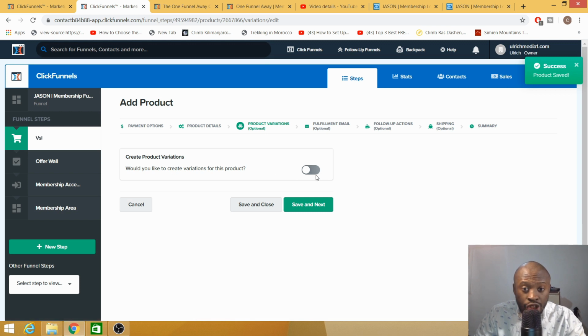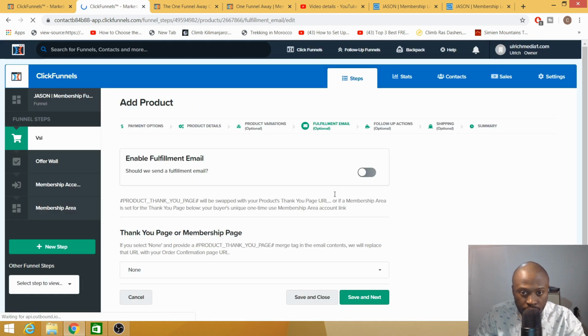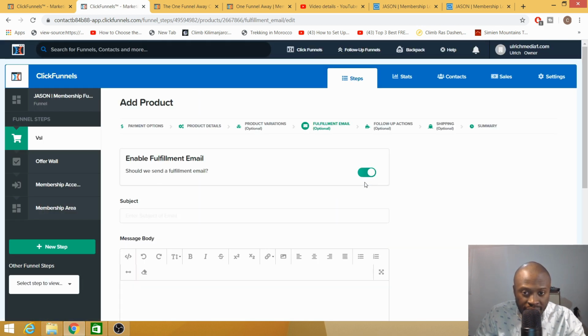Create product variation. I'm not going to create product variation. We're just going to have a product. Email fulfillment. Yes, email fulfillment is very important because once your customer buys a product, you need to send them an email to say thank you very much indeed for buying our product. Check out the link here to log into your membership area. Amazing. So you can say thank you